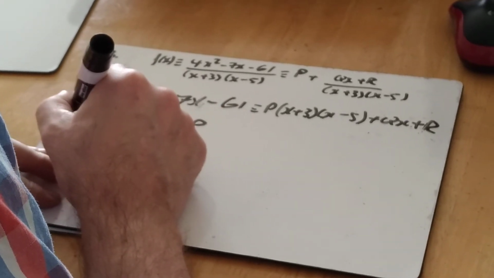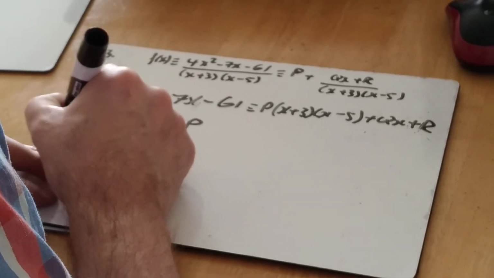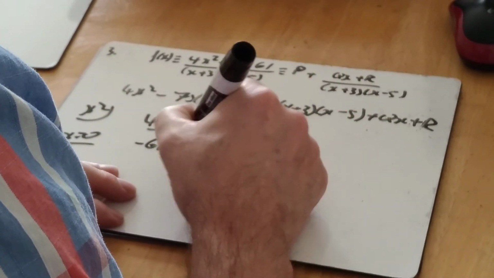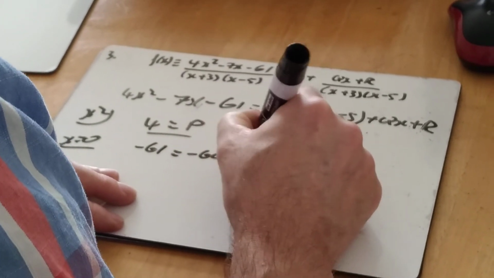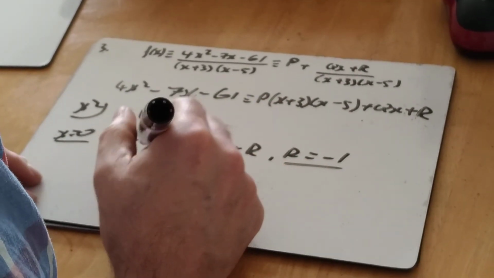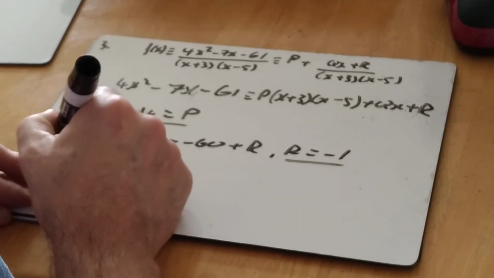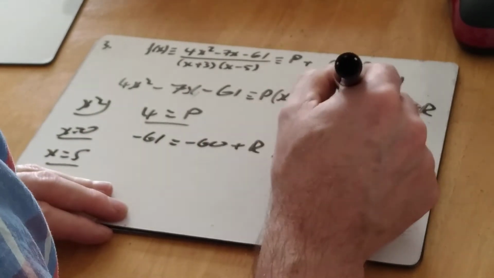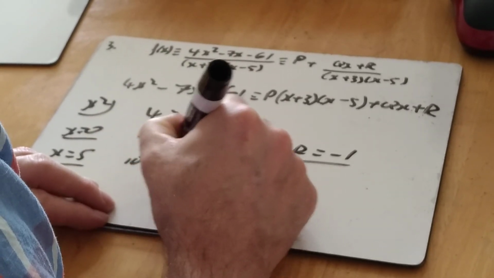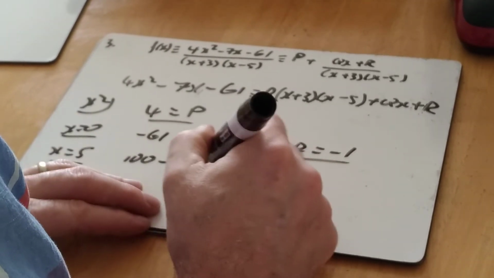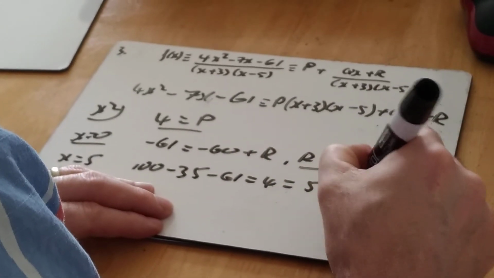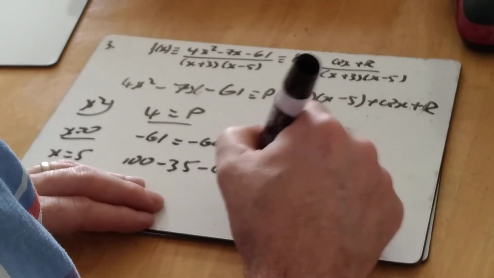Stick x's 0 in is one option. Minus 61 equals minus 15p minus 60 plus r. r equals 60 minus 61. r equals minus 1. And then, I don't know, x equals 5 makes that one 0. And I've got 25 times 4, 100, minus 35, minus 61, which is minus 96. 4 equals 5q plus r minus 1. q equals 5 over 5